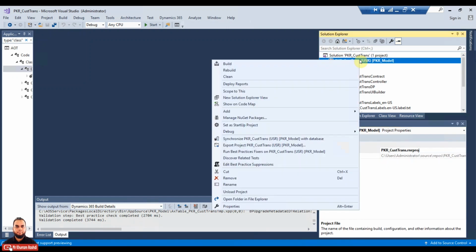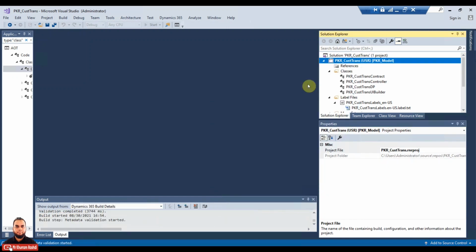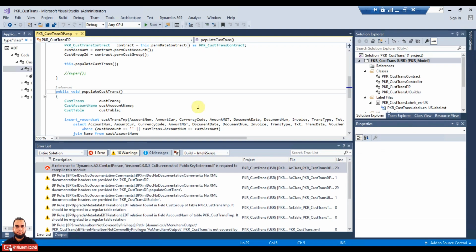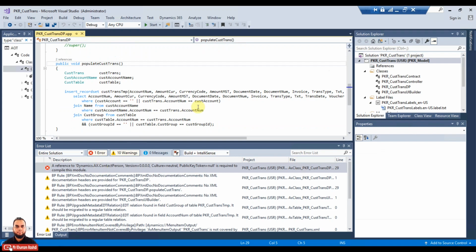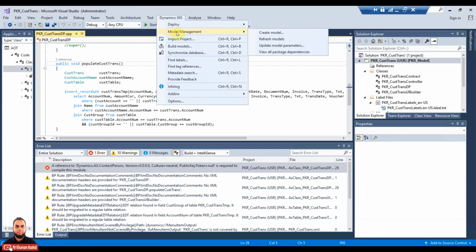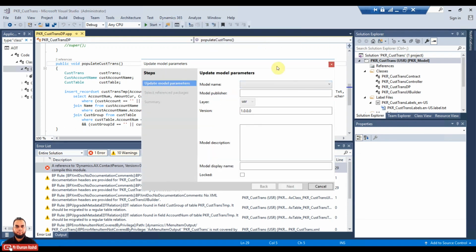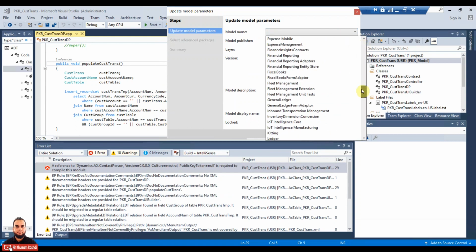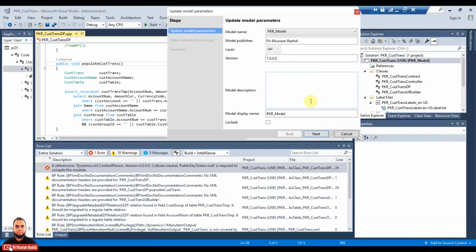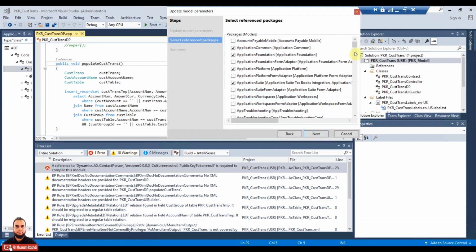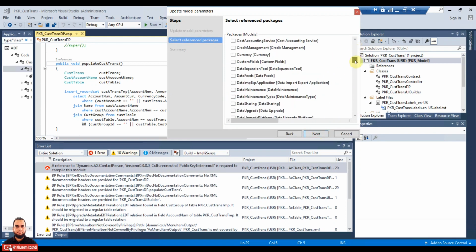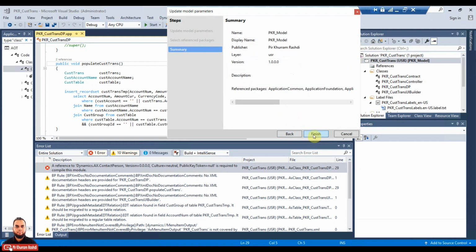I just need to deploy my report once more because now the changes are on the report level as well. A reference to the contact person is now being asked. So what we can do, we can go to our model, update model parameter, select your model, and now search for this package which is contact person. Here it is. This was, I think, for the customer name, and